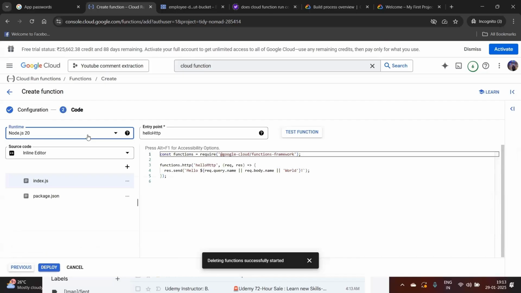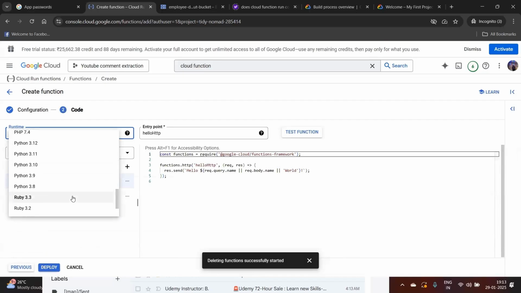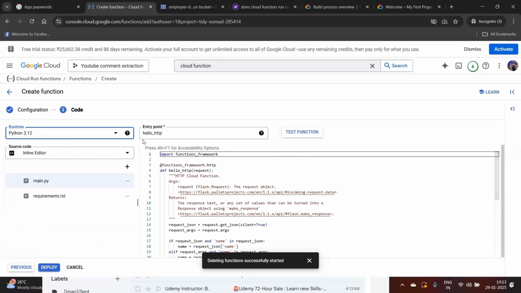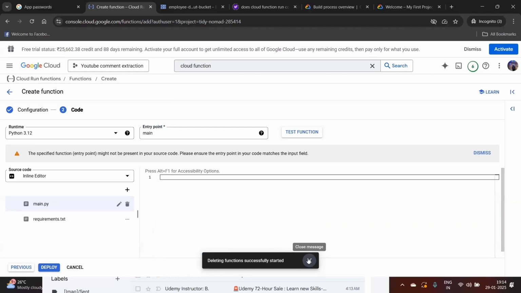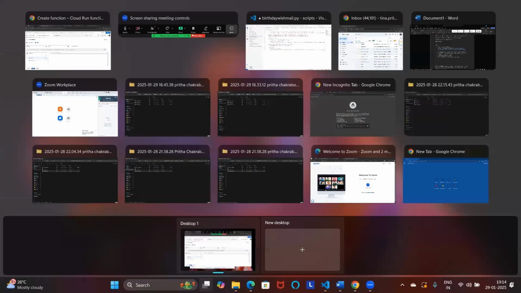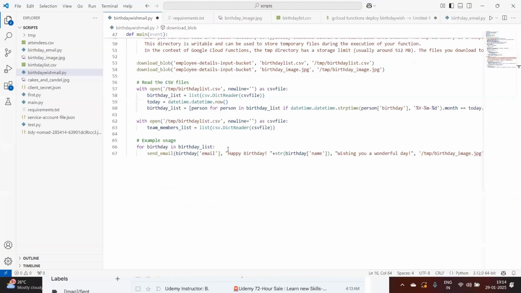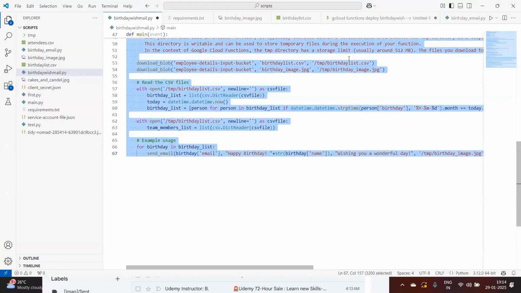I will go to code. So my runtime is Python. So select Python. And here, when you select Python, you will see you have a main.py and requirements.txt. In the main.py, you have to write your actual application code, and in the requirements.txt, you have to list down the dependencies you need to install. The entry point here will be main. I want to start it from main. Mostly in all of the Python codes it will be there, but you can also start from something else if you want. So let me just